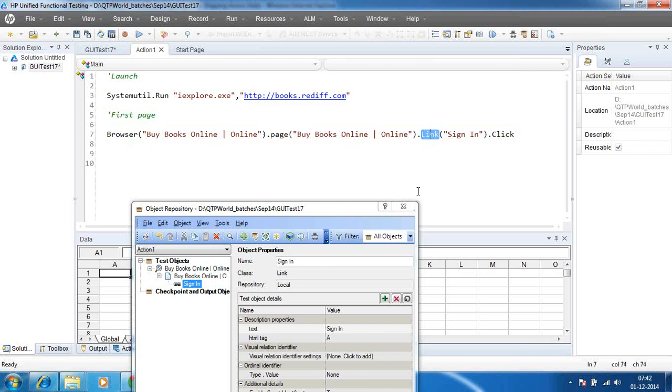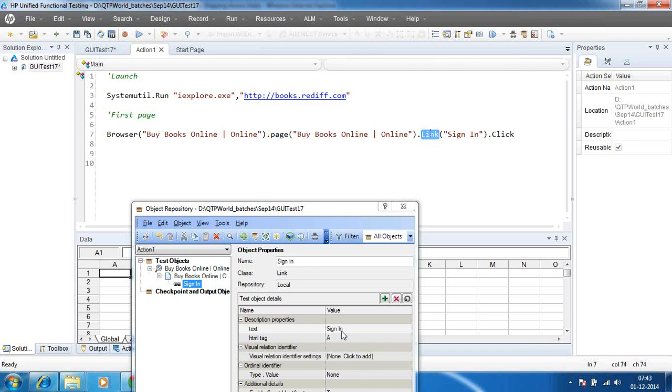All these are objects. If you come to the link, what are the properties? How exactly is it trying to find that object? It has the properties saying that HTML tag is A and text equal to sign in. You'll be wondering what exactly object property means. Supposedly, if anybody wants to recognize you, what properties will they look into?